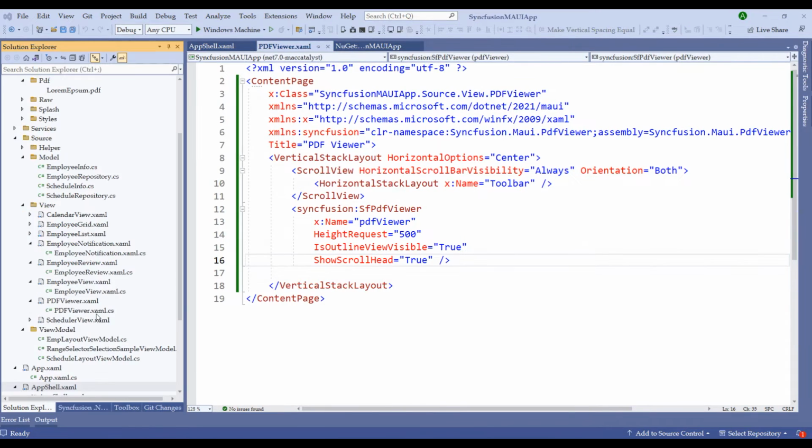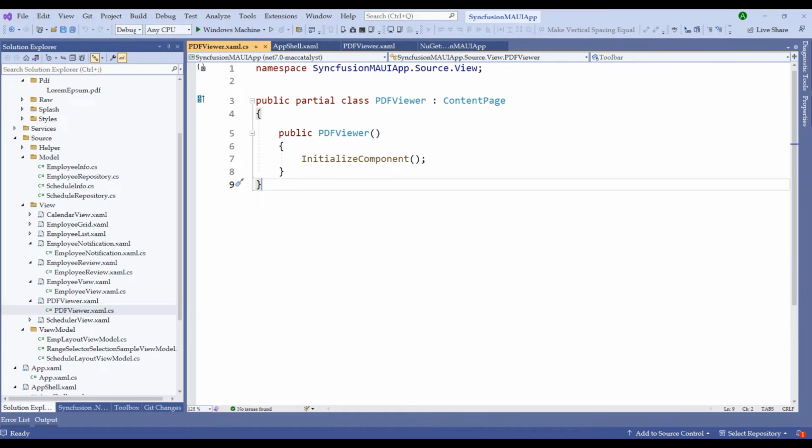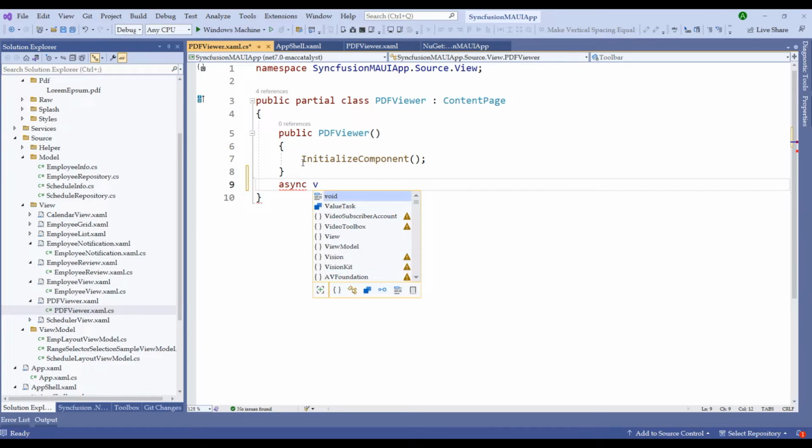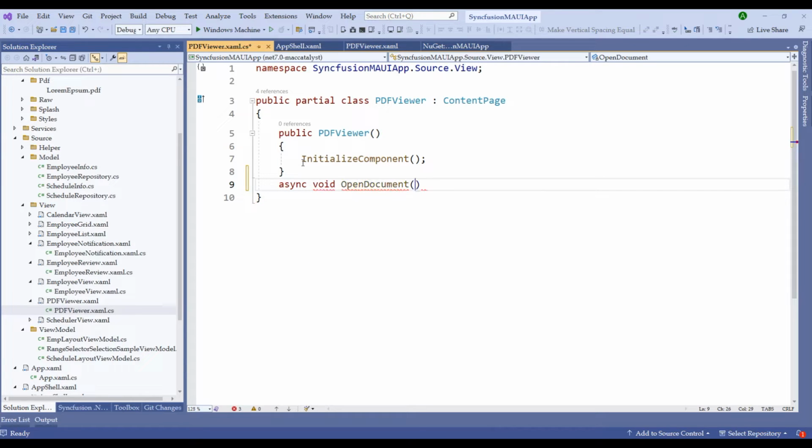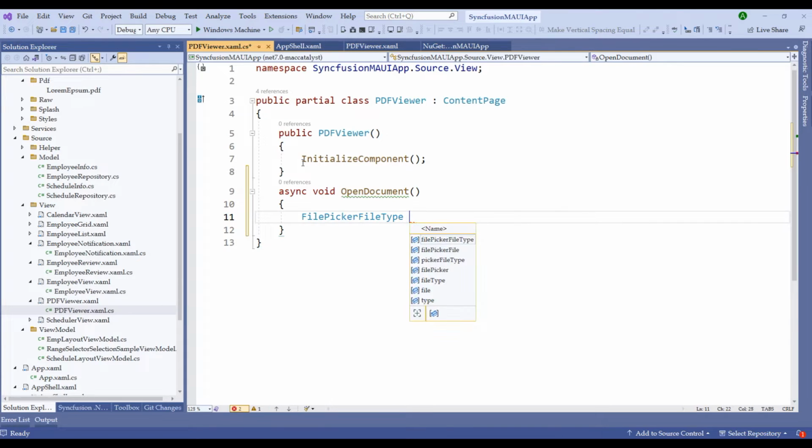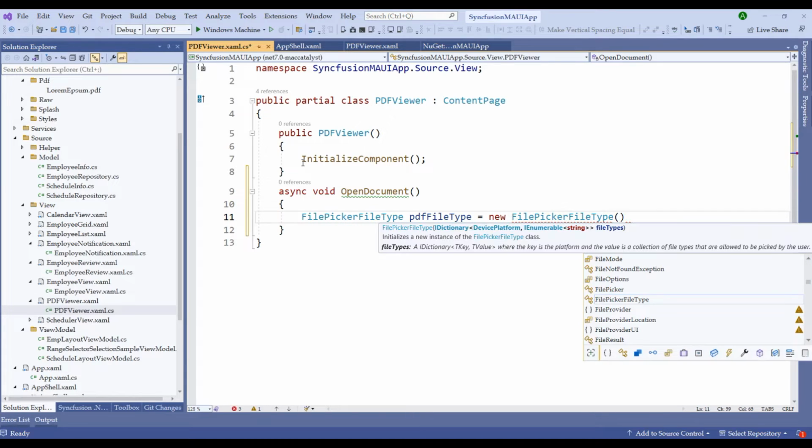Let me now switch to the PDFViewer.cs file. Within the CS file, let me create a method to open a PDF document. So I'll say async void OpenDocument would be the method name, and within this one I will use FilePickerFileType. The file picker file type is nothing but our PDF file type equal to new FilePickerFileType of. We need to mention the different devices and platforms that we are going to use in the